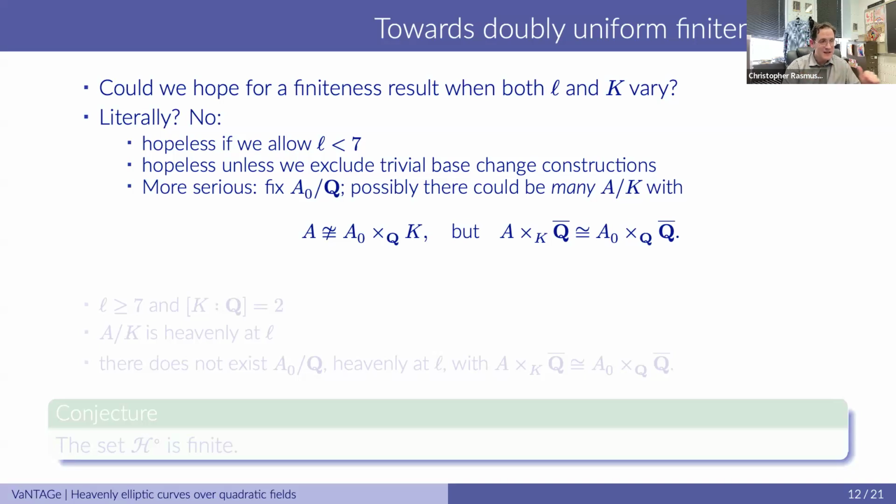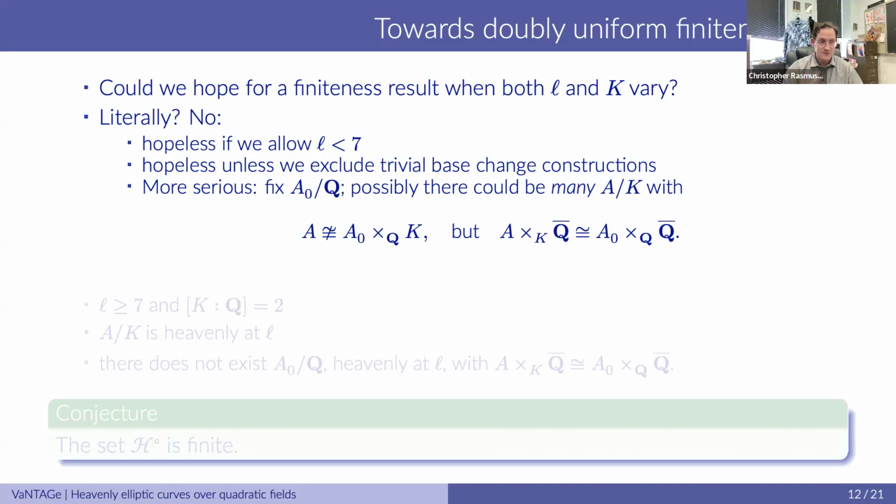And so it might suddenly be the case that there's this infinite supply of examples lurking, coming not just from elliptic curves that were heavenly over Q, but just elliptic curves that had good reduction over Q, for example. And this is actually exacerbated in ways that are sort of annoying to spell out in detail when you start thinking about